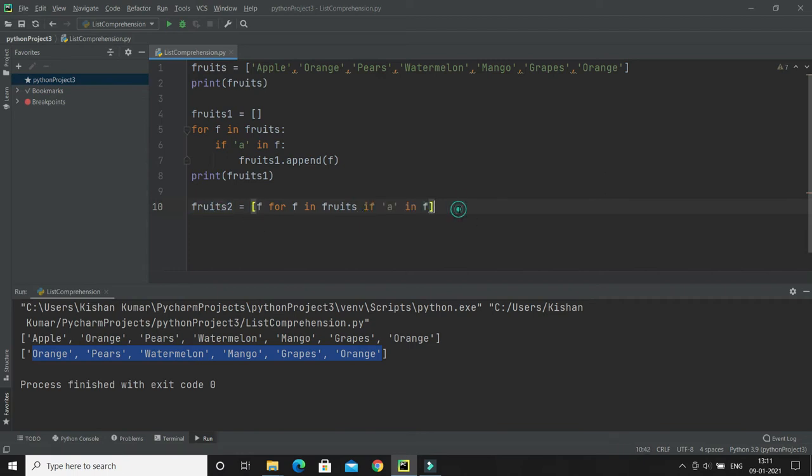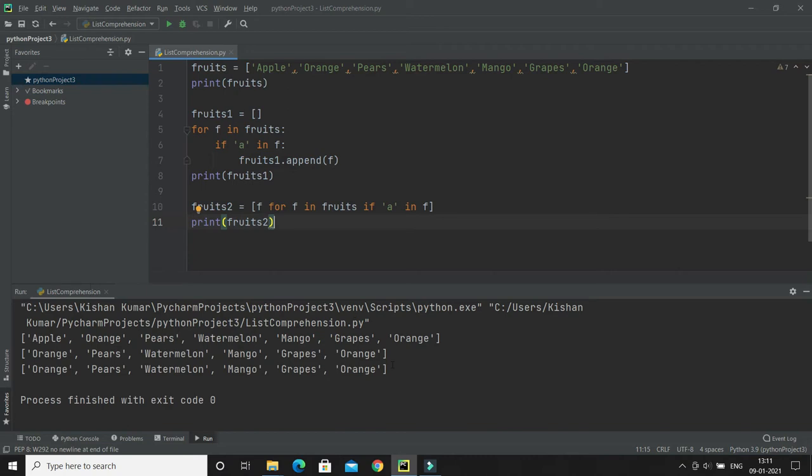We will get the new list which will have all the fruit names with letter small a. If I run it, you'll see I got the same output. So the last output is matching the second last output.